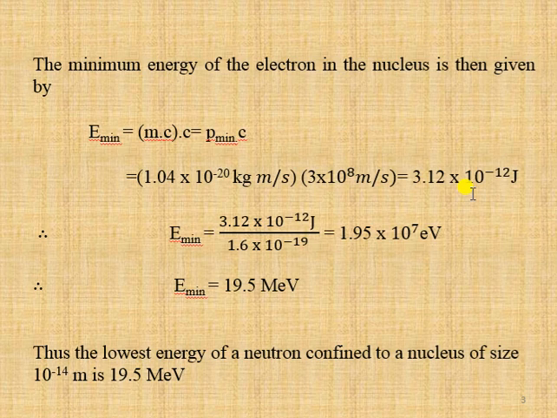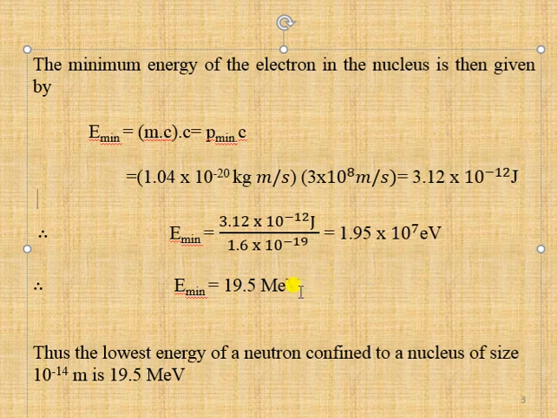Now conversion of joule to electron volt by dividing 1.6 into 10 raised to minus 19. That is equal to 1.95 into 10 raised to 7 electron volt. Conversion of electron volt to mega electron volt: 10 raised to 6 electron volt equal to 1 mega electron volt, so it is equal to 19.5 mega electron volt. Hence, the lowest energy of a neutron confined to a nucleus of size 10 raised to minus 14 meter is